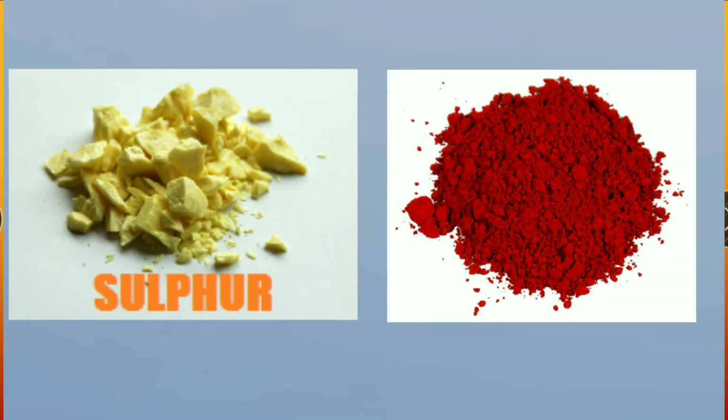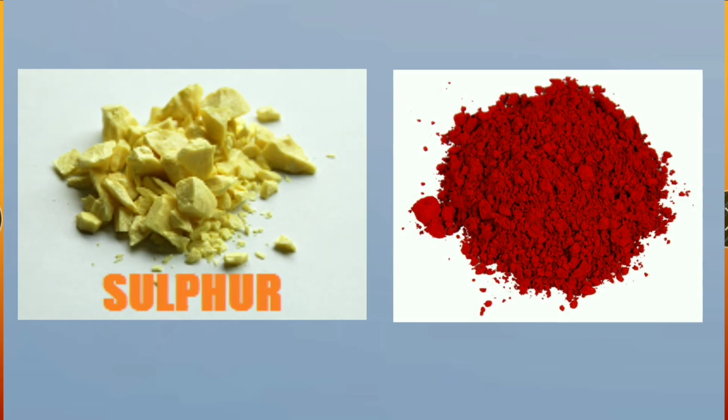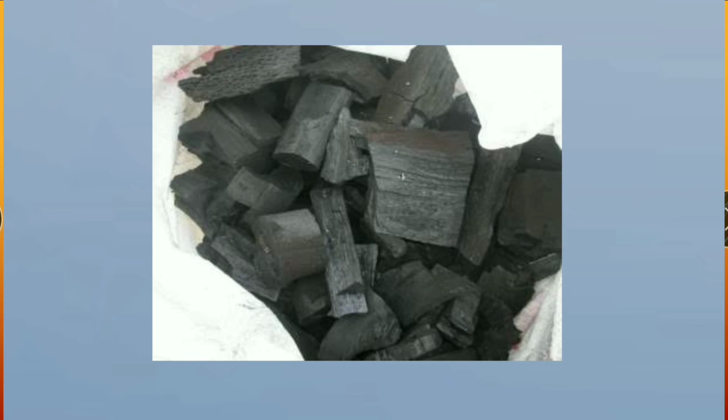Okay. Now, non-metals are poor conductors of heat and electricity. This means that non-metals do not allow heat and electricity to pass through them. For example, sulfur is a non-metal which does not conduct heat or electricity. Similarly, a piece of coal, which is mainly carbon non-metal, also does not conduct heat or electricity. Many of the non-metals are in fact very good insulators.